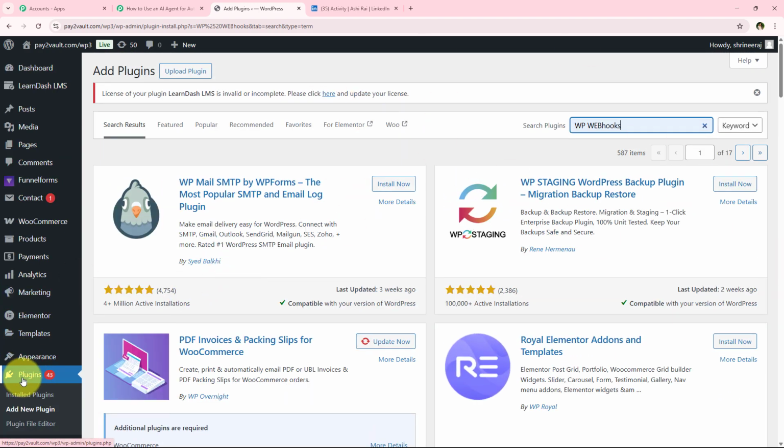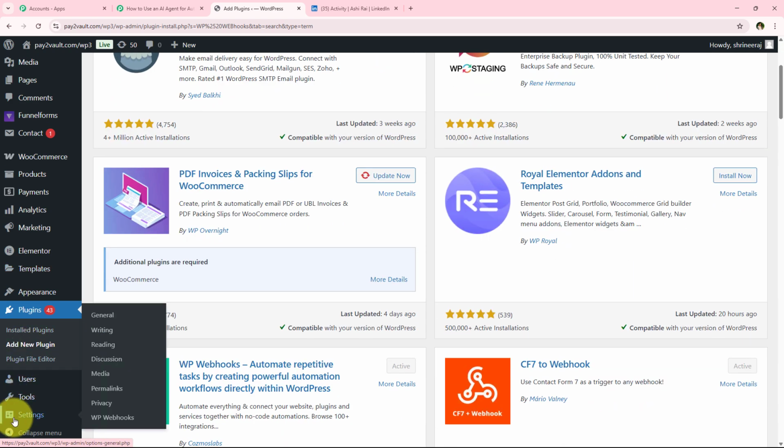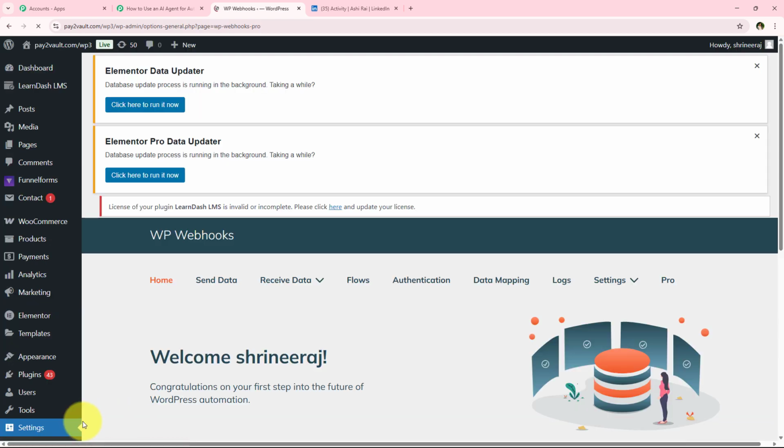But I've already installed this, so I'm just going to go towards the settings, and as you can see that I'm going to see VP webhooks right over here. So we are simply going to go towards this VP webhooks button right over here. If you want to see the complete setup of installing this plugin, you can check out our YouTube channel for